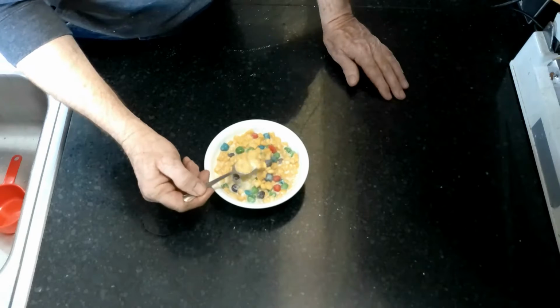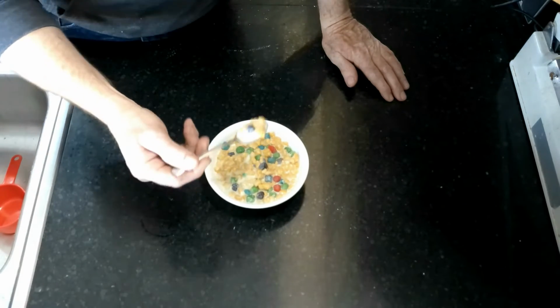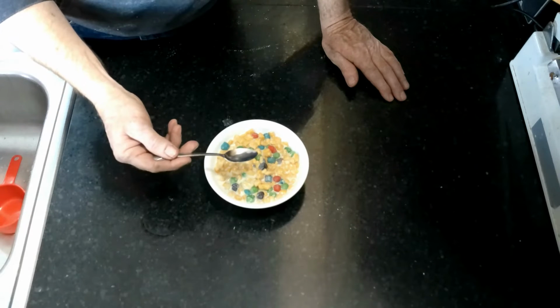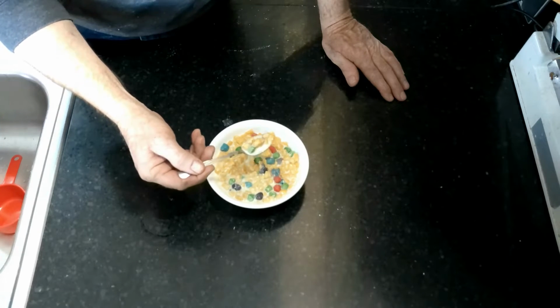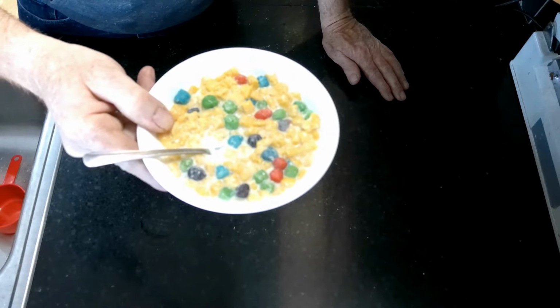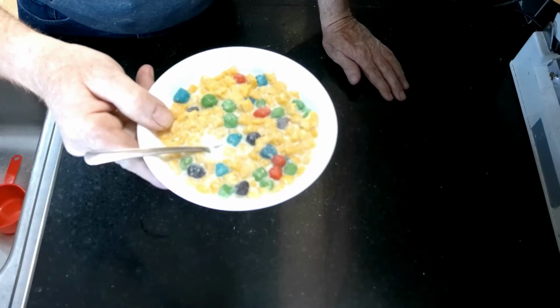And how does it taste? Tastes wonderful, just like Captain Crunch, and it's still crunchy. So there you have it. Freeze-dried breakfast cereal, or I should say freeze-dried Captain Crunch with milk, and all you have to do is add water,